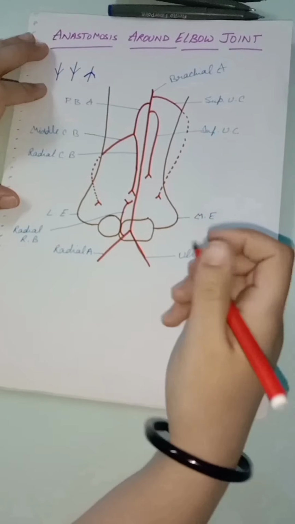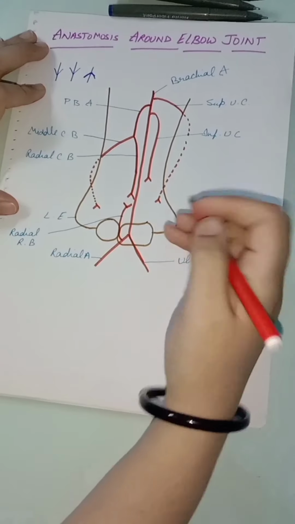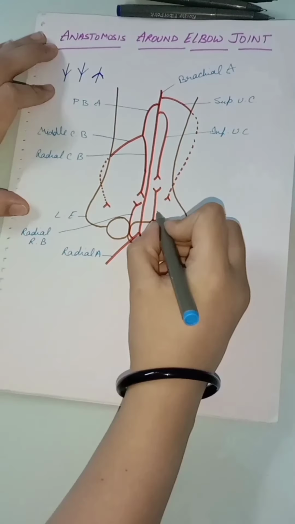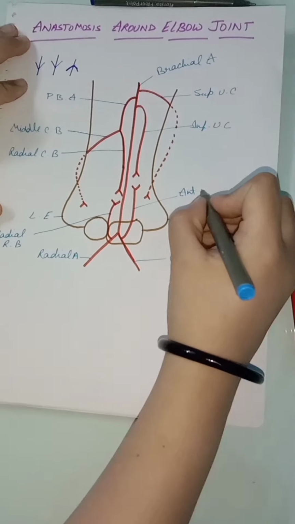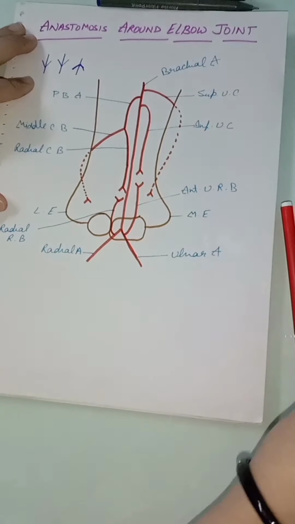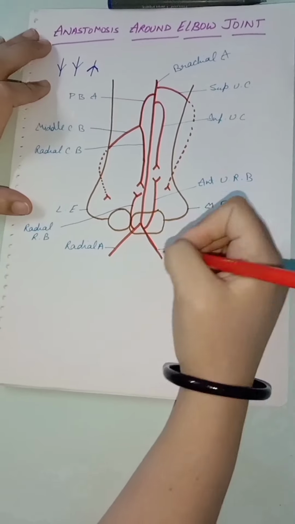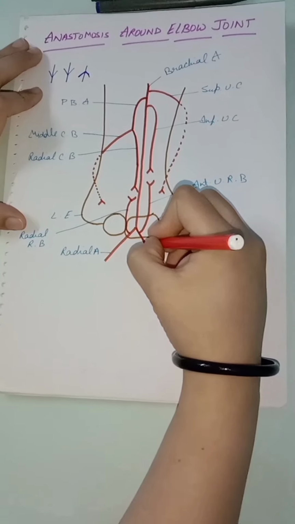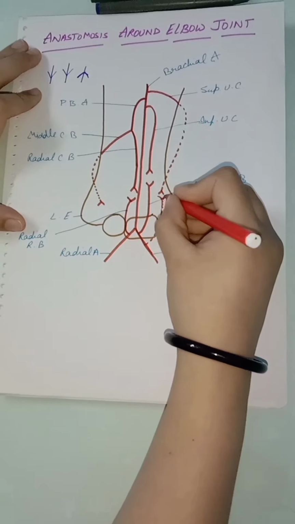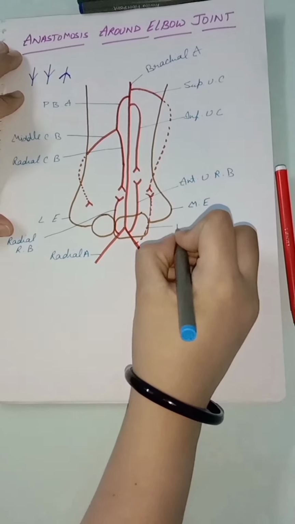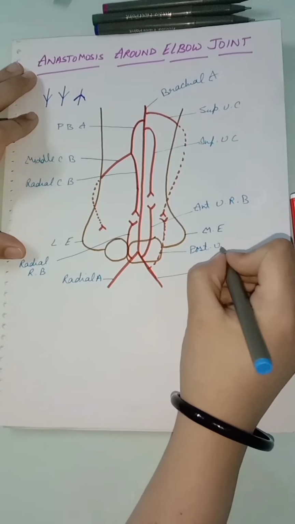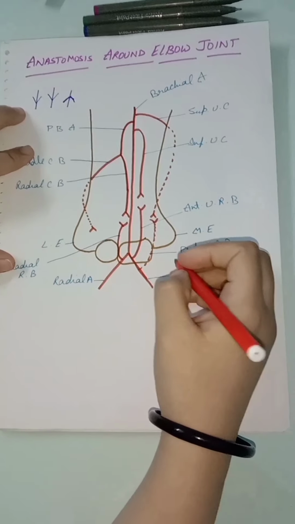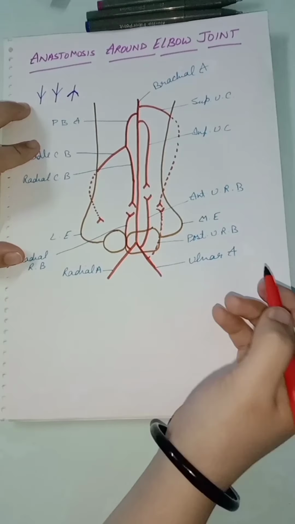Second, from the ulnar artery, known as the anterior ulnar recurrent branch. Third, also from the ulnar artery, which is the posterior ulnar recurrent branch. Now, the last artery, which is also a branch of the ulnar artery, but this one